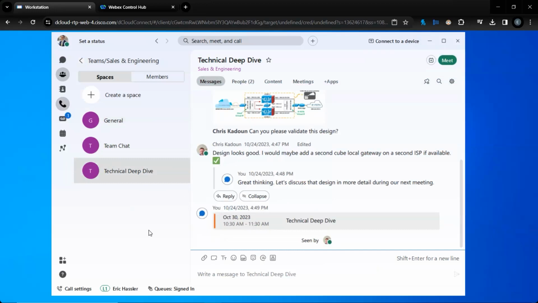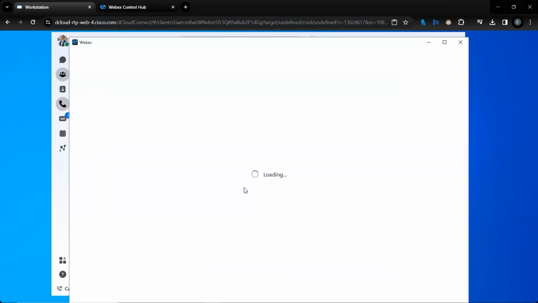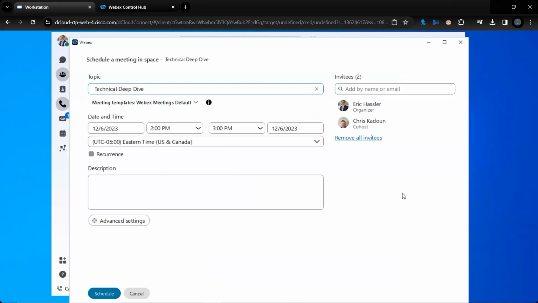Within this team space, we are able to also integrate with your calendar and schedule meetings right from the application. So you'll see here I had sent out a meeting for the technical deep dive team on October 30th. That's simply scheduled through the button up top. And if I was integrated with my Office 365, that would show availability for everyone in that group as well. And I could just find a free time, hit the schedule button, and that'll send it right out to everyone. If you prefer to work within the Outlook application, there is also a Webex plugin that just gets installed on the toolbar within your Outlook meeting invites.